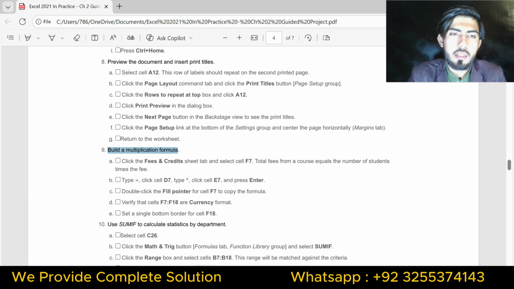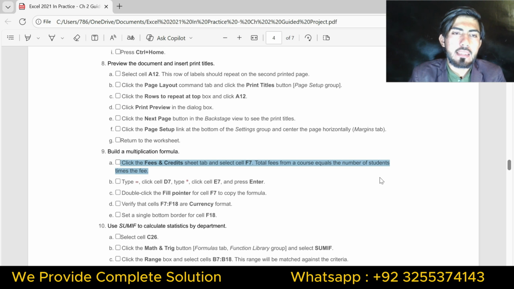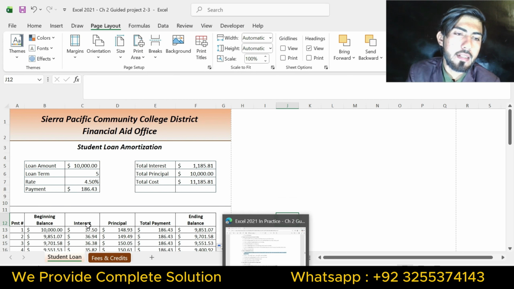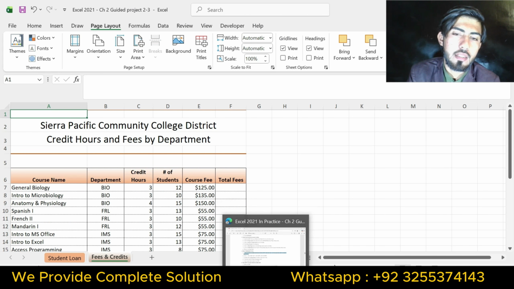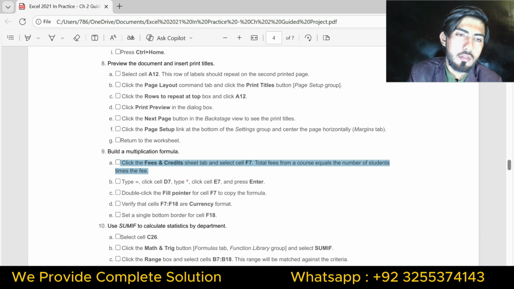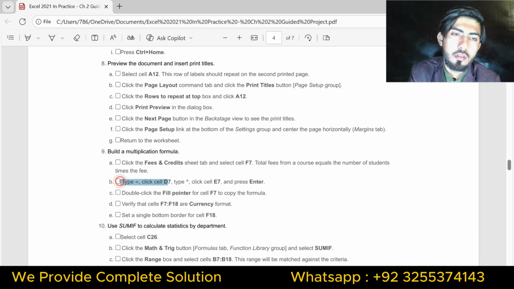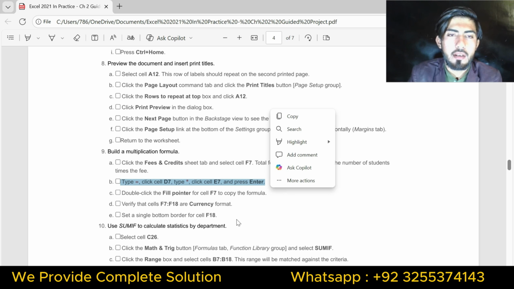Question number 9 is build a multiplication formula. So part A is click the Fee and Credit sheet tab and select cell F7. Total fee for a course equals the number of students times the fee. Part B is type an equal sign and click cell D7.